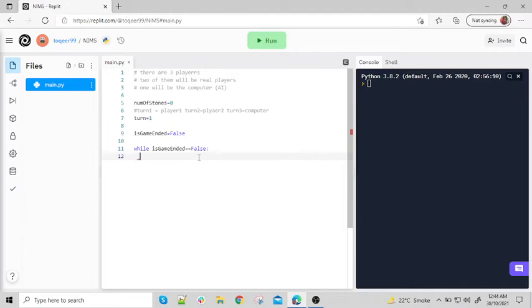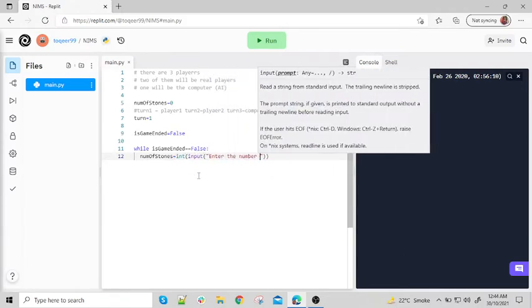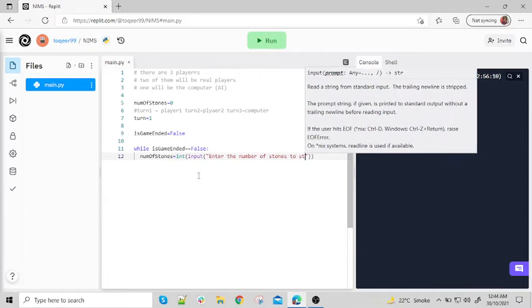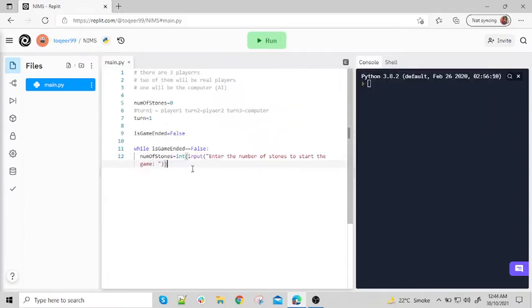So what we have to do next: turn 1 is player 1, okay, and player 1 will choose the number of stones. So num_of_stones = int(input("Enter the number of stones to start the game")). Player 1 will enter the number of stones, then we will store it in num_of_stones.